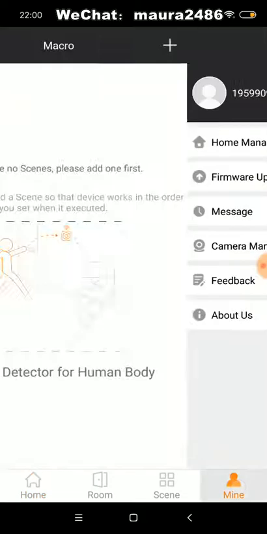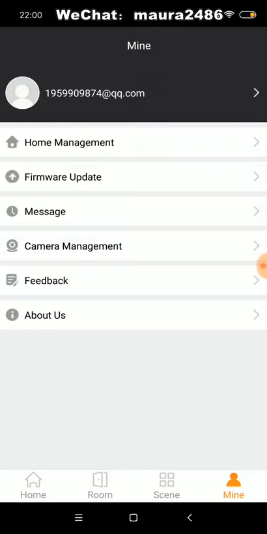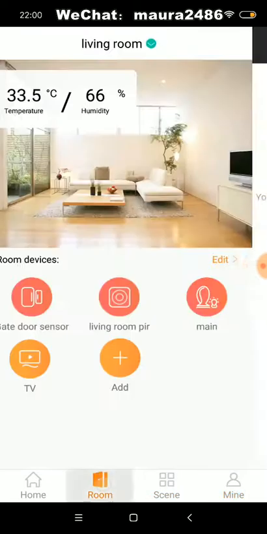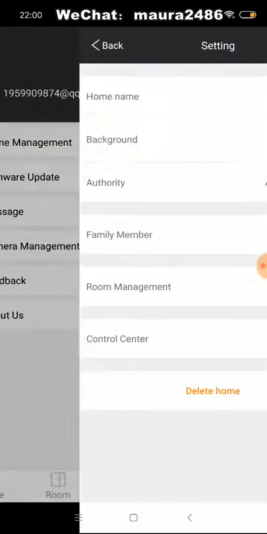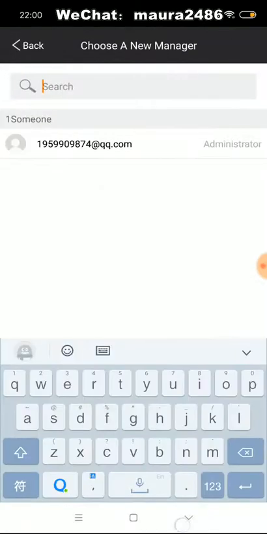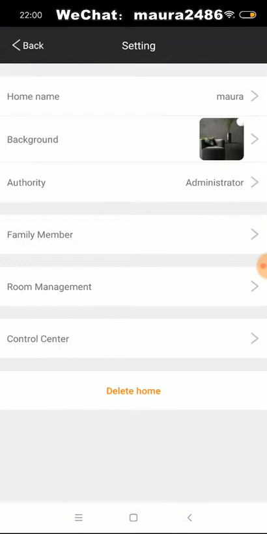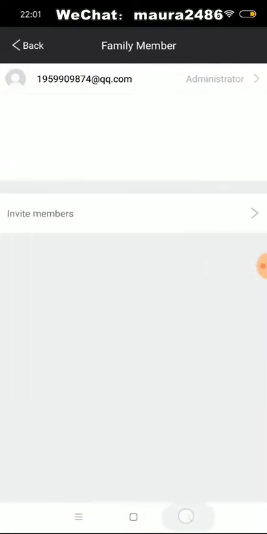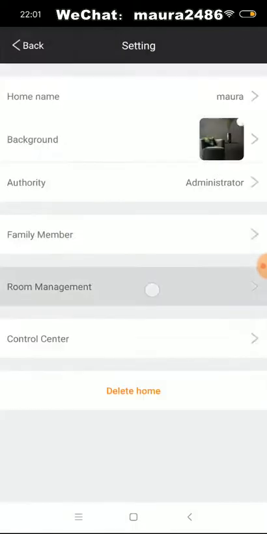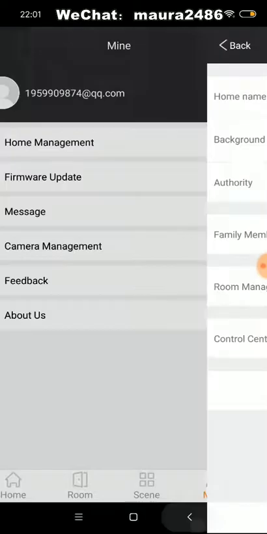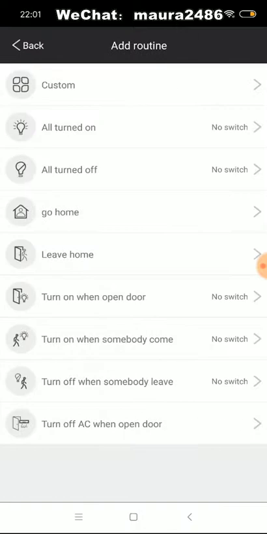Just like our old application, we have a difference between the general user, that is the normal user, and the administrative user. As an administrative user, such as here on this family, I am home management, and I am an administrative user. As an administrative user, I can make every setting I like, and maybe invite new members and manage the rooms like this, and also add a scenario button as I want,